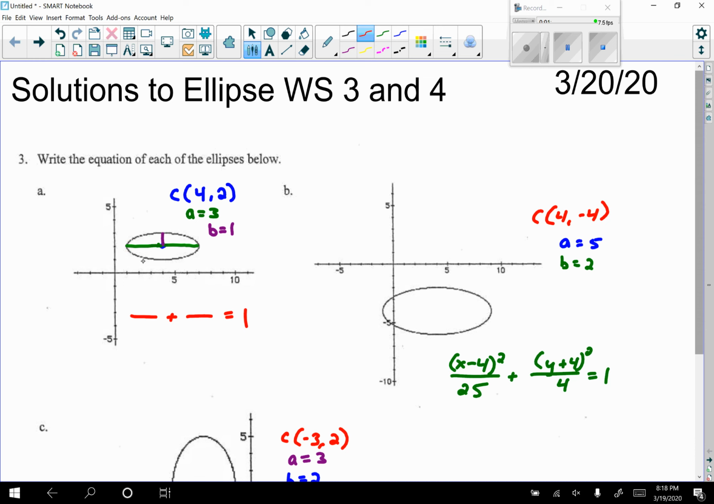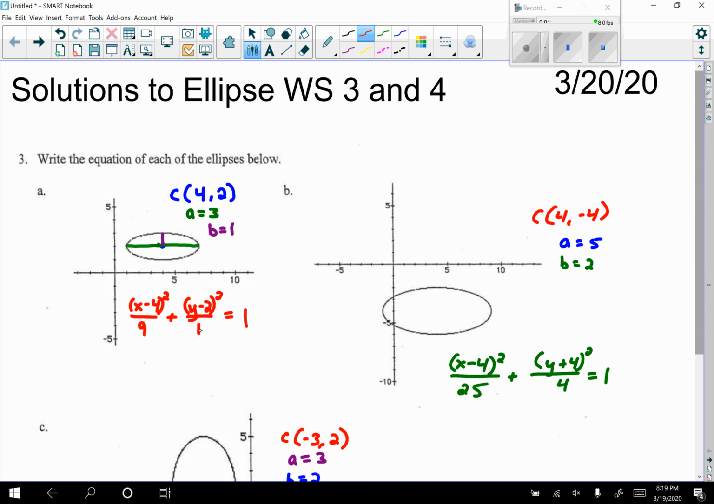The first numerator will always be a quantity involving x, so we have x minus h, which gives x minus 4 squared. The second numerator will be y minus k squared, so y minus 2 squared. Because the major axis is horizontal, a squared goes first. a is 3, so a squared is 9. b is 1, so b squared is 1. So we get x minus 4 squared over 9 plus the quantity y minus 2 squared over 1